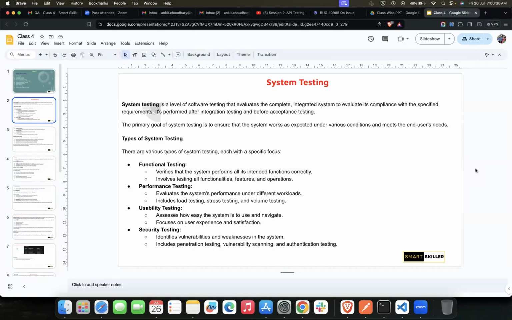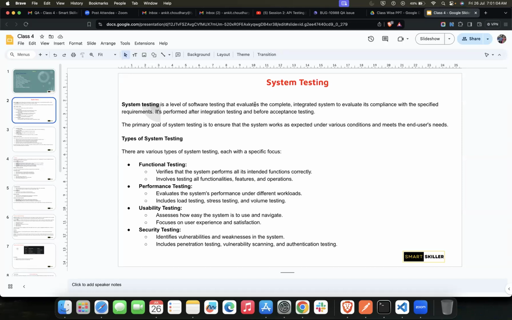Yes, as you mentioned correctly, system testing is the testing of the entire software. Now, as mentioned here, when exactly does system testing happen? It happens after the integration testing. We have developed each individual module, like the home page and settings, separately.